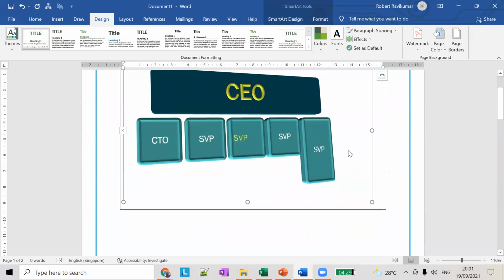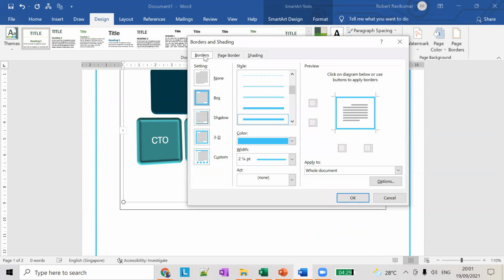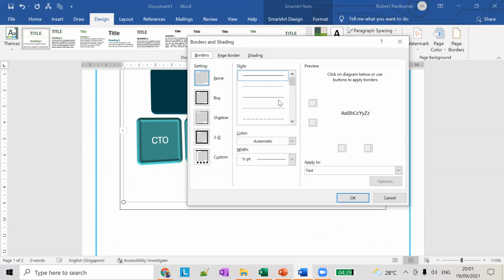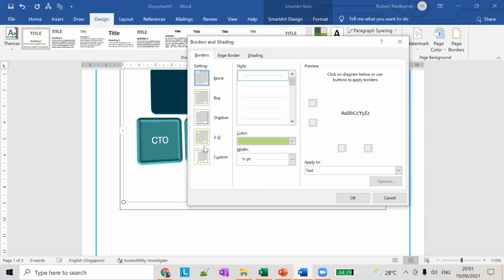So if you want to choose this one, I have added a border for this SmartArt alone. Okay, so I choose borders and I'll choose a different color for this and I'll thicken the borders here.